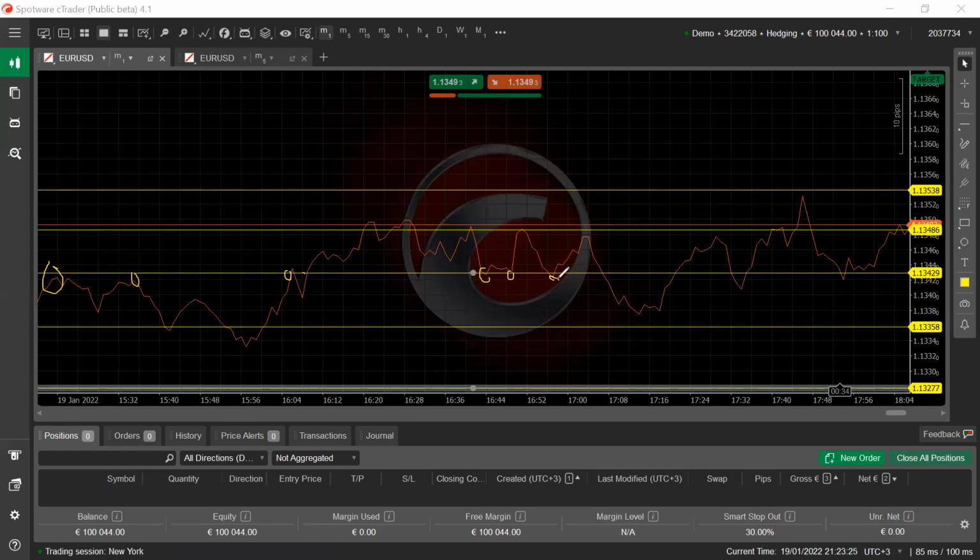So where the market has touched several times, you draw a line. It means this was a significant point. What is a significant point? It is a point in the market that the price respected, so we can't ignore it.